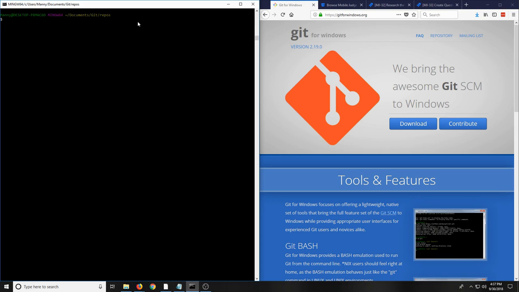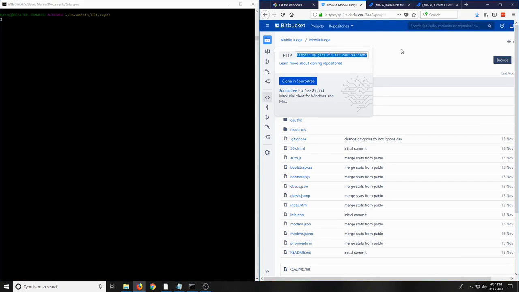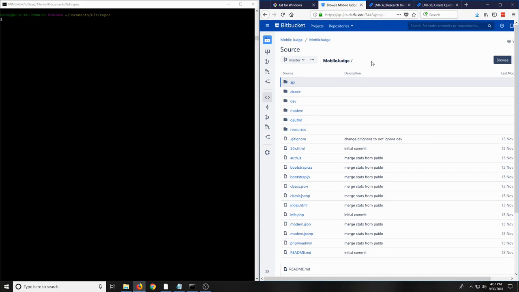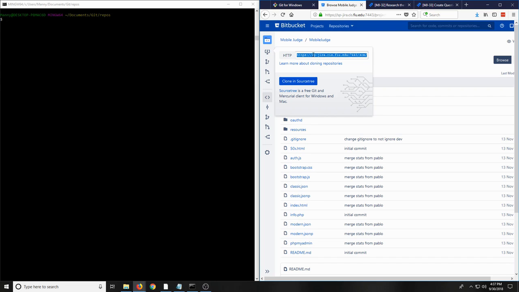So to get started, we are going to clone a pre-existing repository. So here we have the repository for the Mobile Judge project being hosted by Bitbucket. So we're going to go to this icon right here that says clone, click it, it's going to give us a URL. We're going to want to copy that URL,